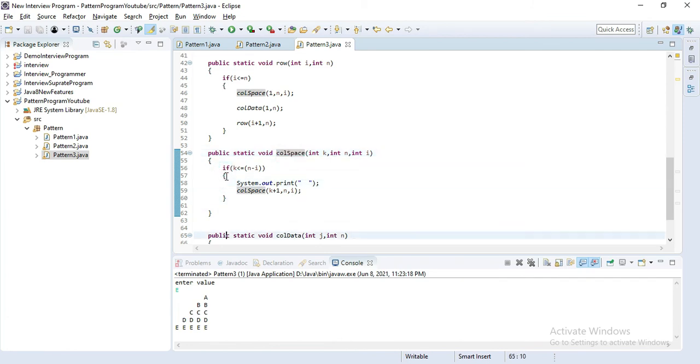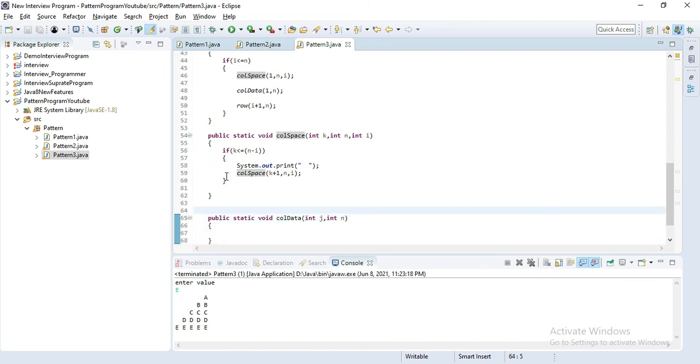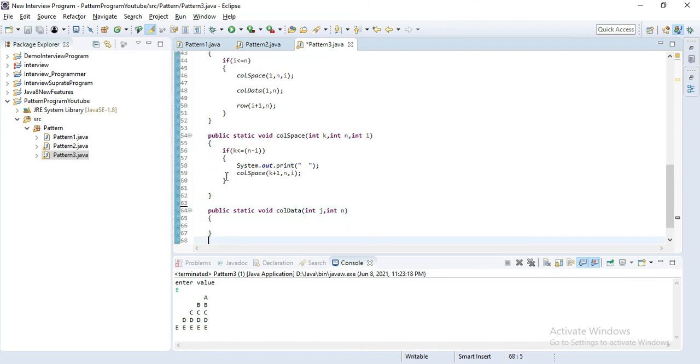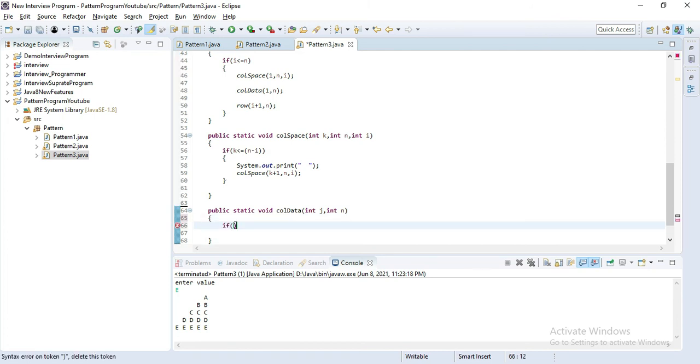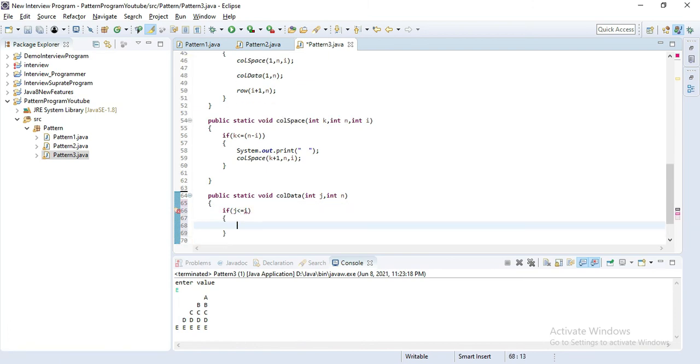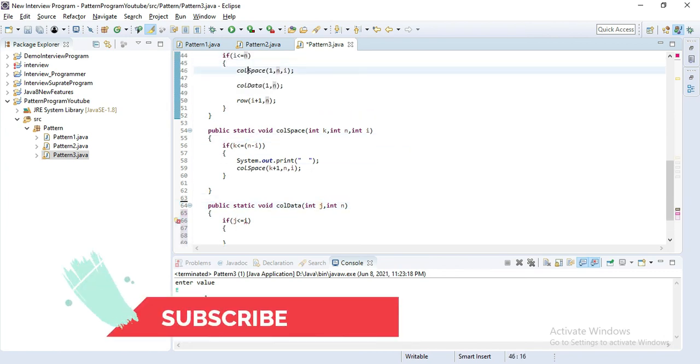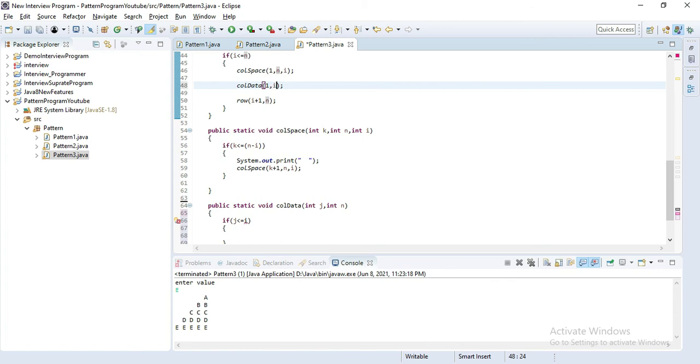Now we have to print the actual stars. I'll define here also an if: j less than equal to i. If this is satisfied, then do 2 things. Here we don't need to pass n, we have to pass i.